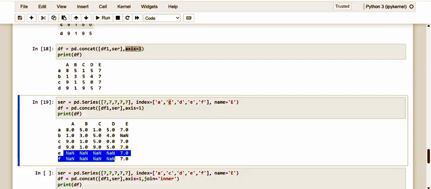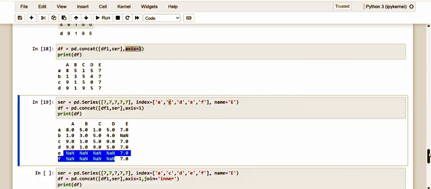A better way to handle these inconsistent concatenations is to change the insert mode by setting the optional join parameter to inner. In this way, only the elements that have a concrete indexing correspondence between the data frame and the added series will be concatenated.